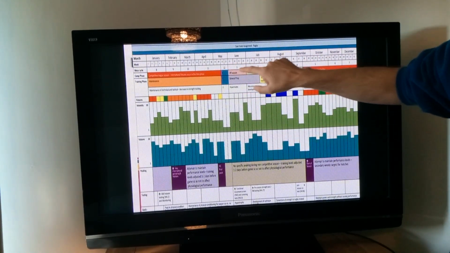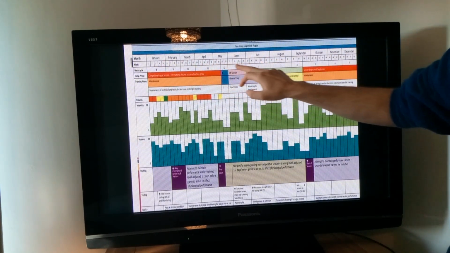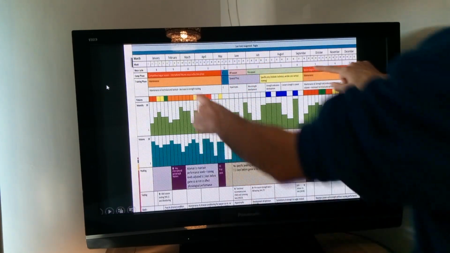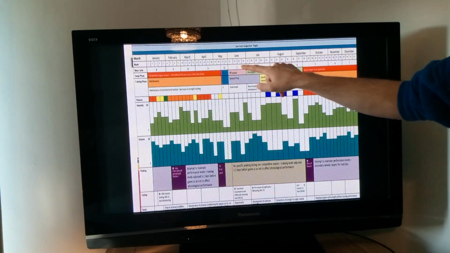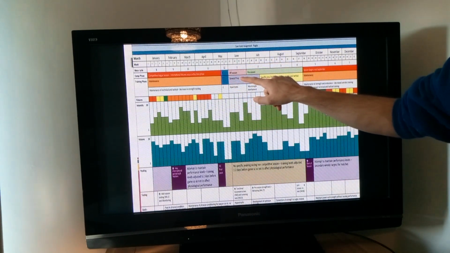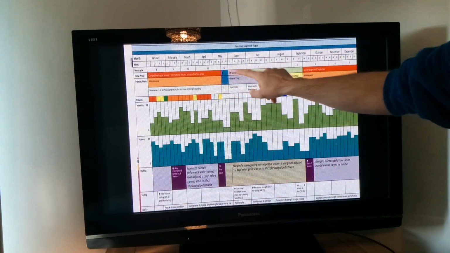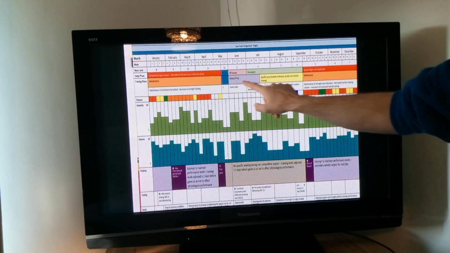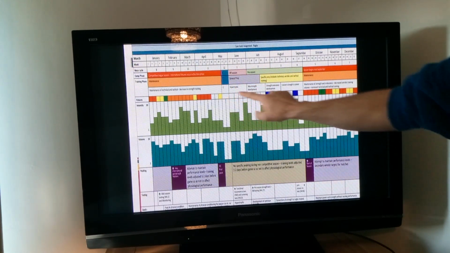So we're starting here. Week 1, 2, 3, 4, 5, 6, 7, 8, 9, 10, 11. We're going to start here, and we know it's off season. Off season, pre-season, and we're going into our competition season. So off season, it's mesocycle 1. It's all about general preparation, and it's about hypertrophy. So we're off season, we're starting into pre-season, it's getting the body ready, and we're looking at hypertrophy of the body. We've got no fixtures.